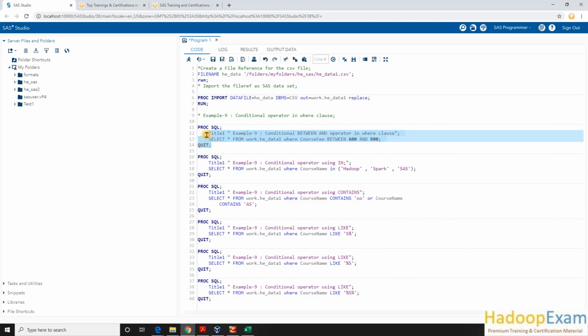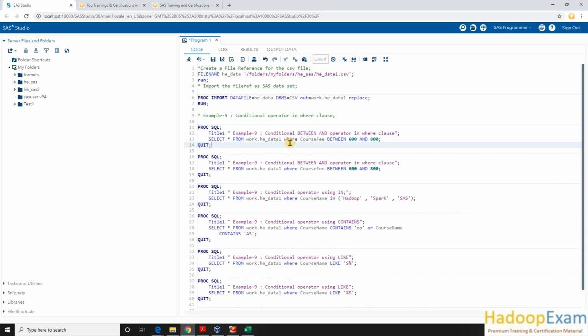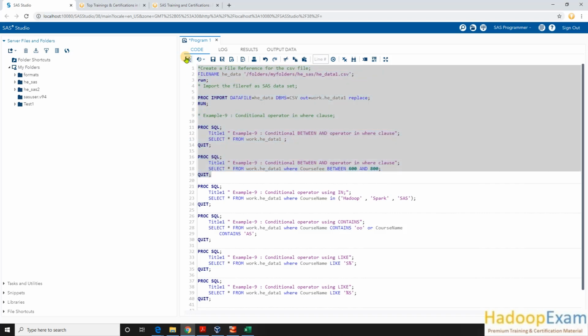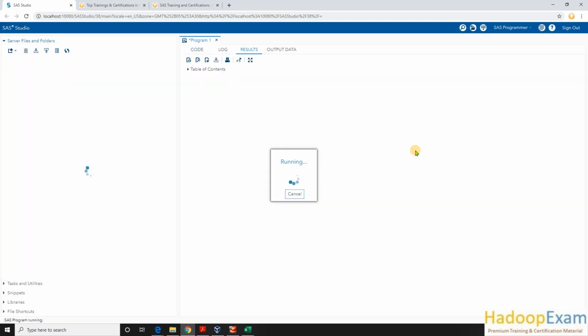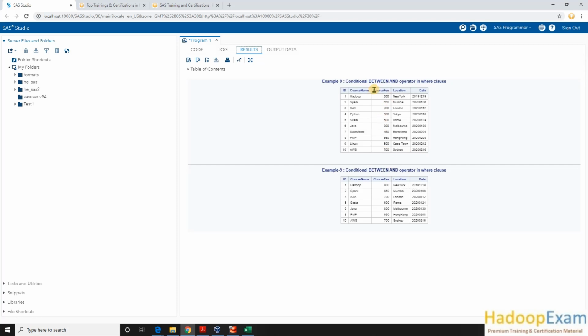So let me just first keep the entire data in the output. Remove this where condition. Okay, so let me run this portion. Here you can see these are all my 10 records, and fee between 600 and 800, both are inclusive. Okay, so 600, so this Salesforce is not in the output, 7th record and 9th record. So you can see this is not in the output. So it's simply a range, like rather than putting every value, you want to provide the range between this and this, you would be using it here.